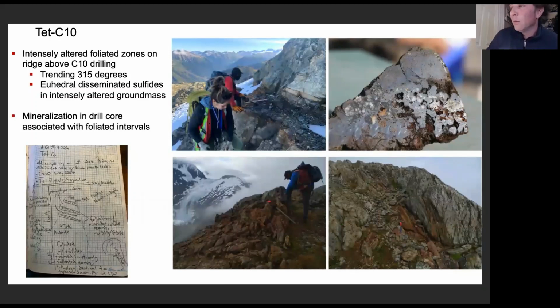So looking at TET and C10, it's in very rugged terrain. Here is a photograph of the silver sulfosalt vein at TET right here. So we're going to be mapping this out in detail this summer and then placing drills onto this outcrop and really trying to define this vein. But we also have examples of our 315 degree striking structures here